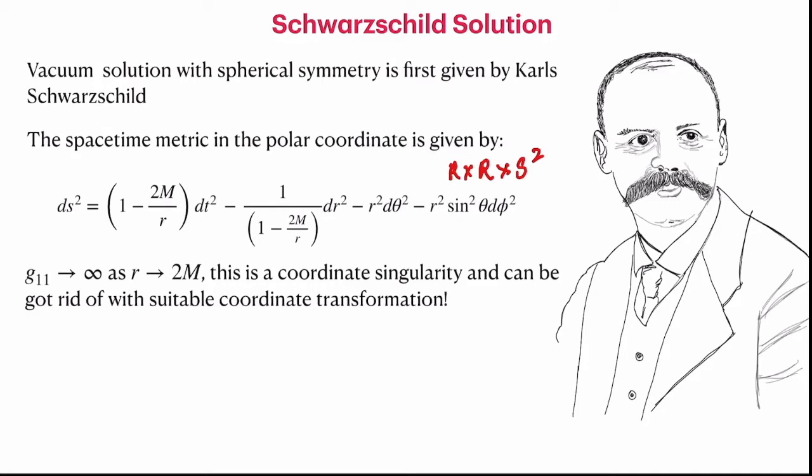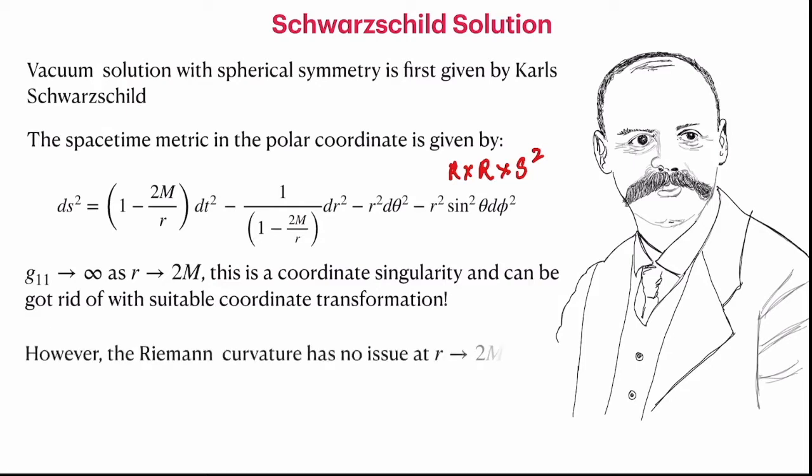Now the point to understand here is that the singularity at r = 2m is a coordinate singularity. Nothing really strange happens from the physics perspective, though there are interesting things that happen, that's a separate point, but here it is not a real singularity. One can get rid of this coordinate singularity with a suitable coordinate system. We will come back to this point. We will investigate r = 2m a little more carefully. It requires more attention, because there is an event horizon present, or a black hole, at that location.